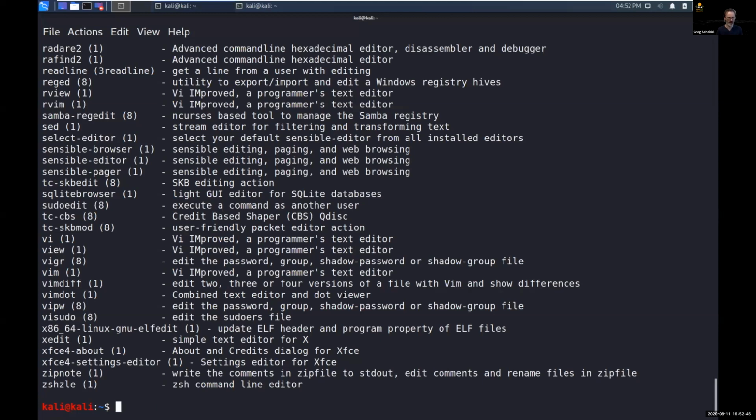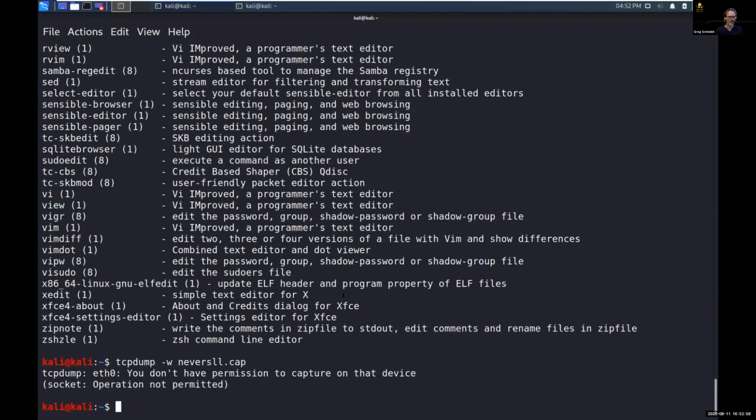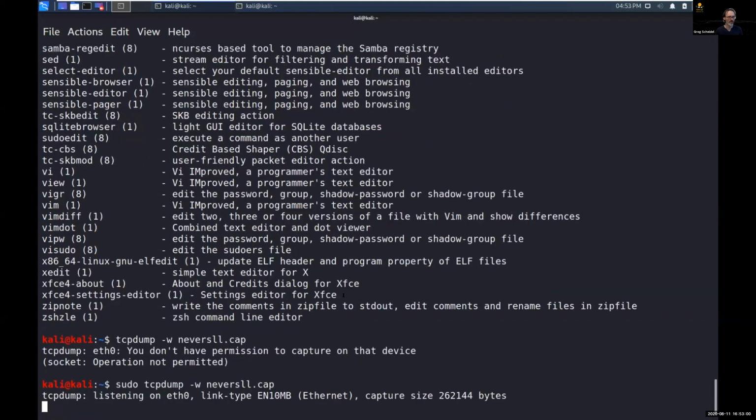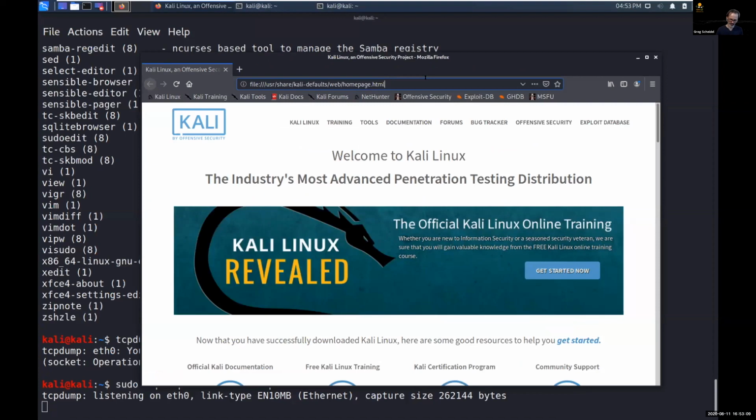So as a quick example of that, tcpdump, let me do it this way. I'm going to do tcpdump -w, and I'll use neverssl.cap. Whoops, got to use sudo. Now I'm going to open up my web browser, and I am going to browse to,